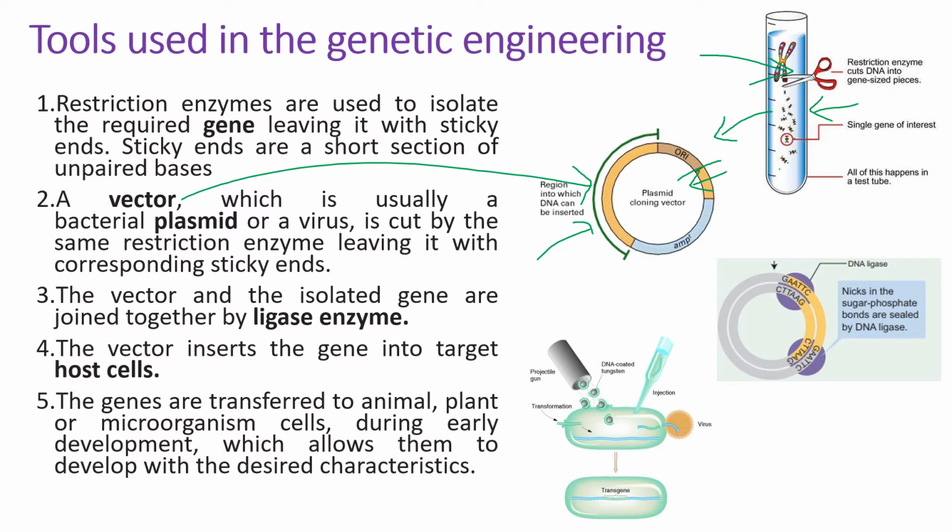These vectors are also cut using the same restriction enzymes which were used to cut the organism's genome, and there will be a cut, and whatever fragment you want to insert, you can easily insert by mixing your fragment along with the vector. So these are called cloning vectors. Why? Because they take up the gene of interest.